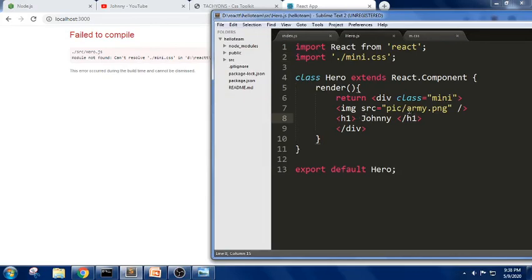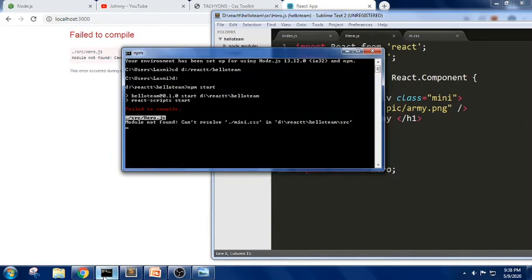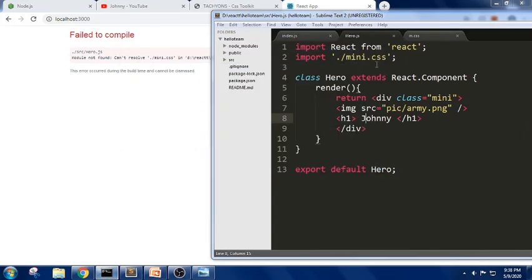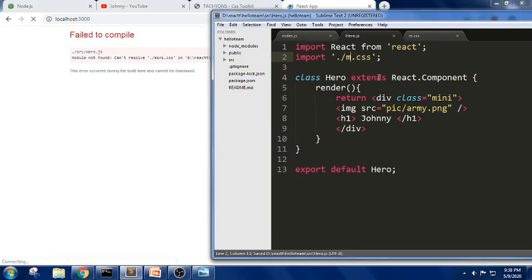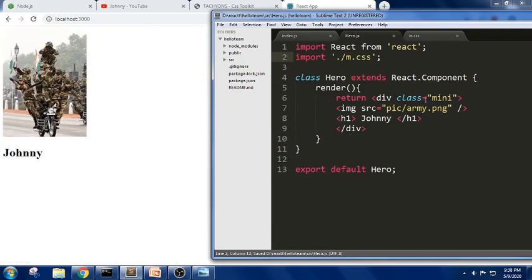Cannot resolve min.css. So we got some error here again. Let us check in the command prompt. There is no mini here, sorry, it is m. Now we got it. As we know, we should never use class as a keyword because it is already reserved. We will be using className. So we got this output.